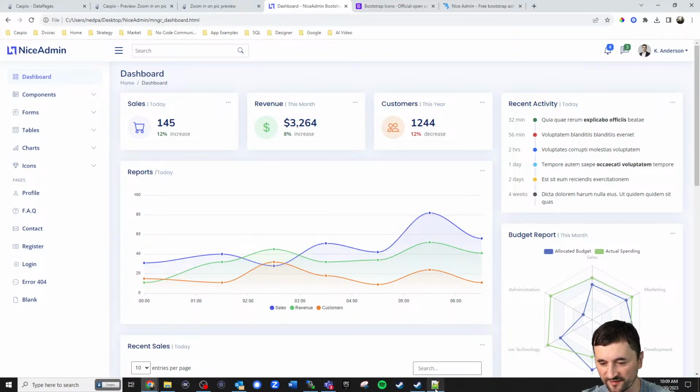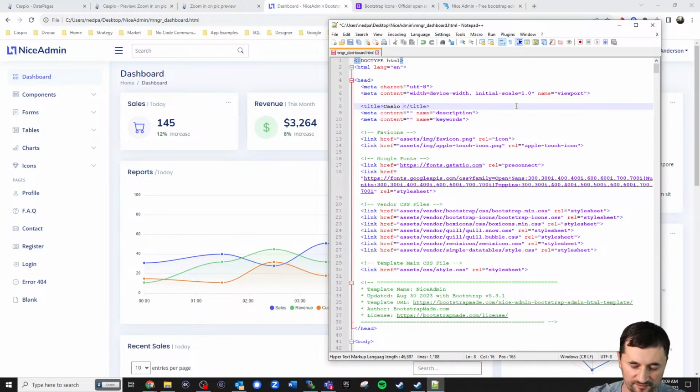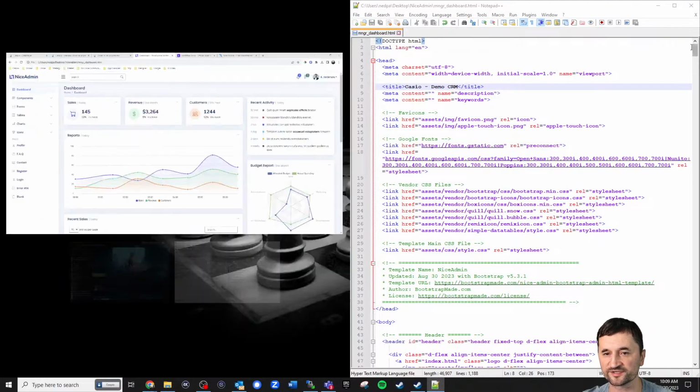All right, so let's go back to this page. And let's say we wanted to modify the title up here. This is the first thing that I modified, the title. And I will rename that to maybe Caspio Demo CRM. Okay, I can save that, Control S to save. And then when I refresh this page,